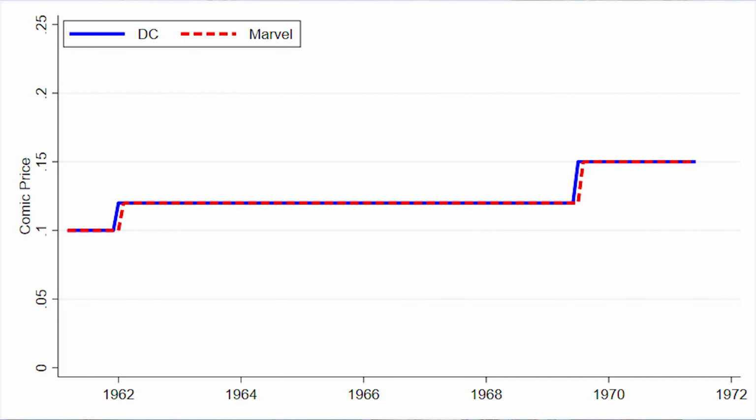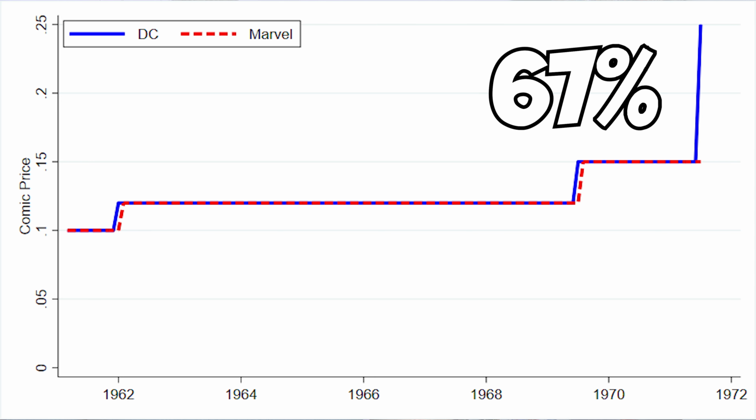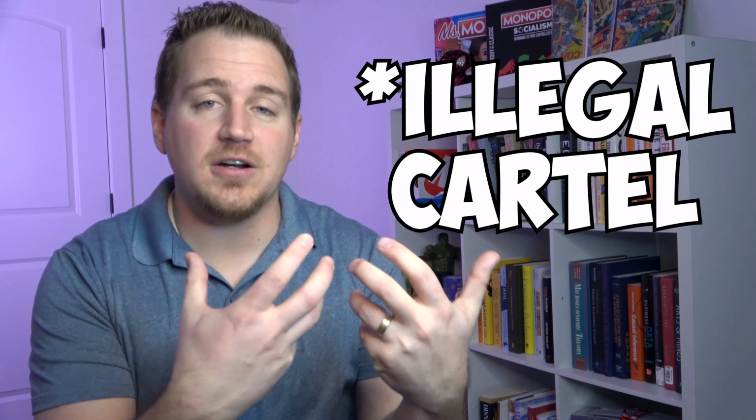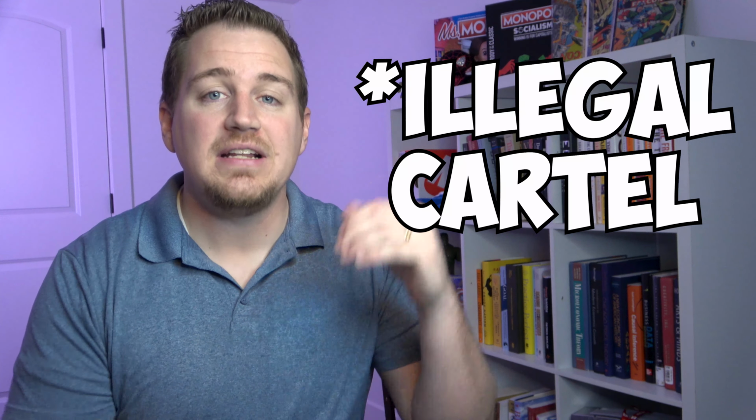There was some evidence that Marvel and DC were actually working together to keep comic book prices high. And this was no more apparent than in 1971 when DC increased comic book prices from 15 cents to 25 cents. That is a 67% increase in price. That would have been a really big shock. But not as big as the shock that came next when Marvel also increased their prices. And again, the timing of this was too short for Marvel to have looked at DC and responded. They must have known ahead of time that they needed to increase prices. So Marvel and DC were likely involved in a cartel where they were coordinating together to keep prices high.